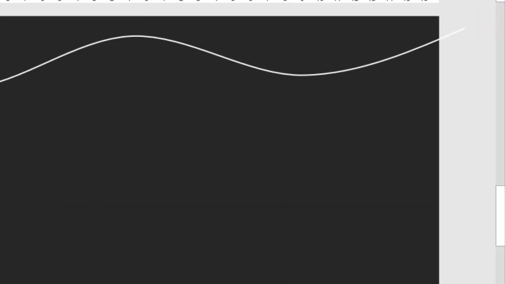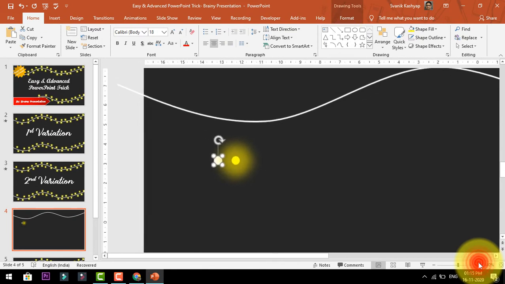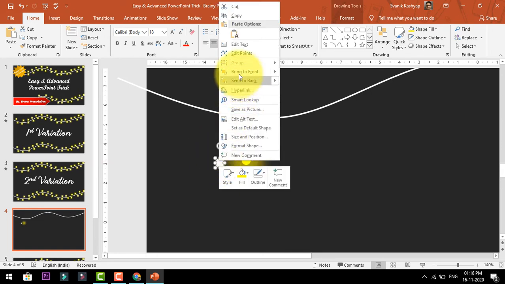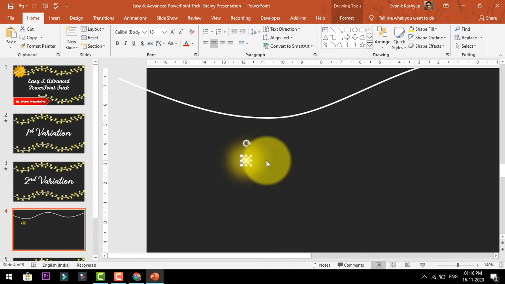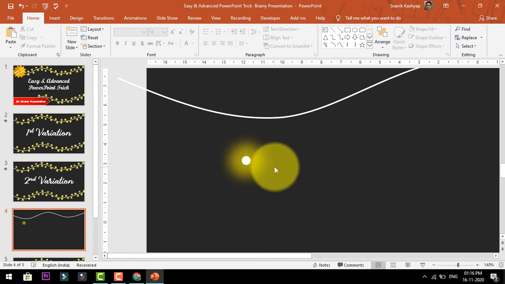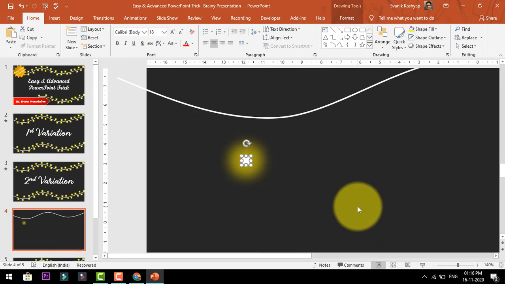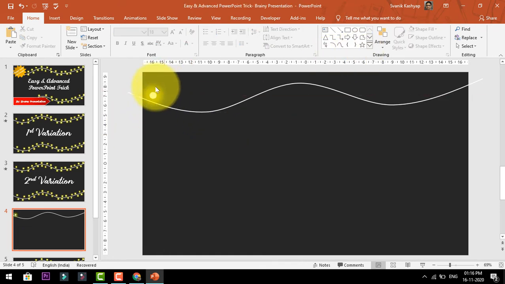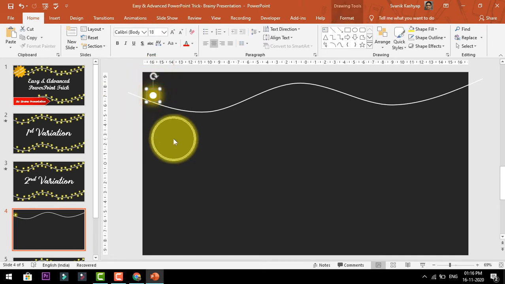And then I will again zoom in and place this first. Select the white circle, right click on it, bring it to front, and place it on the top of the yellow circle. Then select both of these shapes, press Ctrl G to group them, and you are ready with the first glow. If you want, you can resize the bulbs like this. If you are not happy with the glow transparency, you can always change it. I am just doing it for the video purpose.